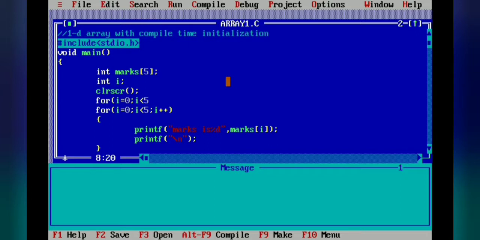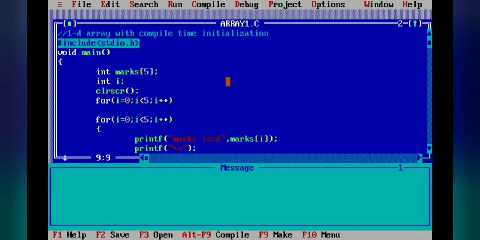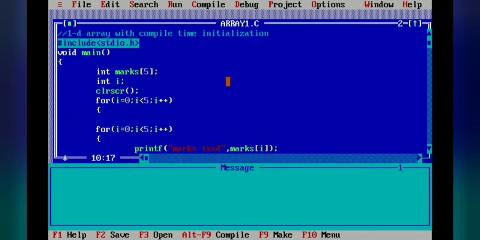So i less than 5, the same for loop will be there. So i plus plus. Now in the for loop body we will write the scanf function. scanf, %d, ampersand sign we have to use in the scanf. Same marks of i. So here with the help of this scanf function, it will store the values in the